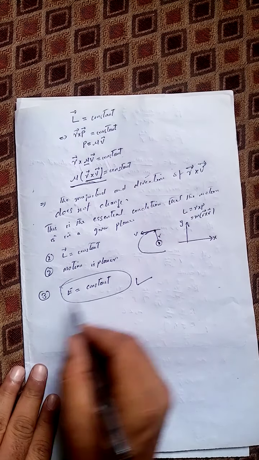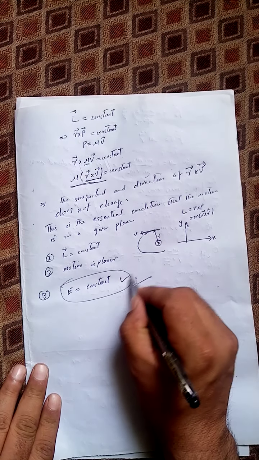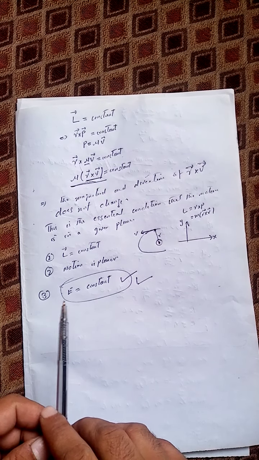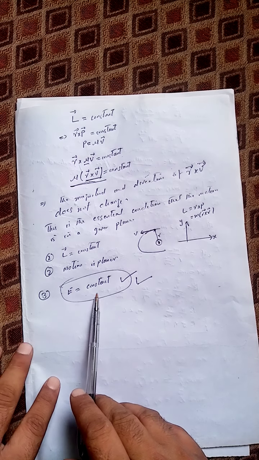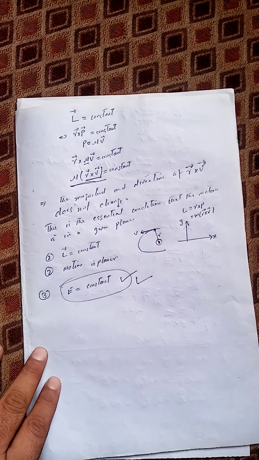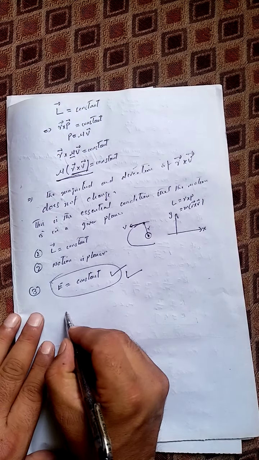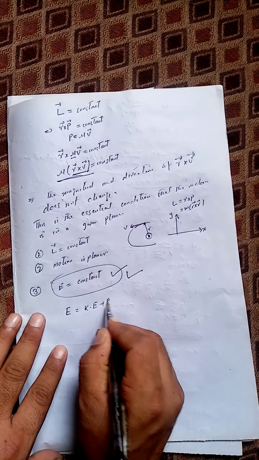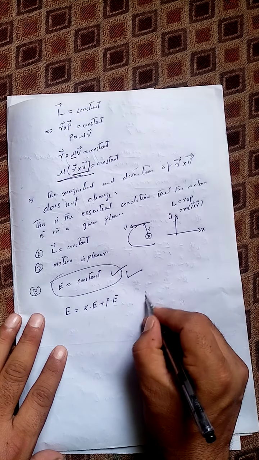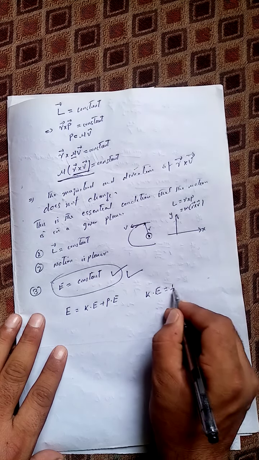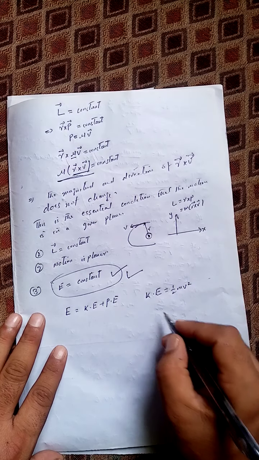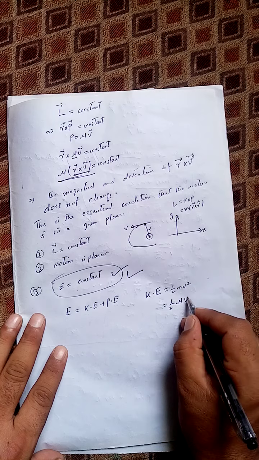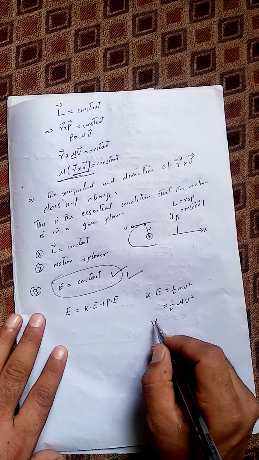Okay, in this video I will prove this property of the central force field, that the total energy of a particle moving in a central force field is conserved. We know that the total energy, which I represent by E, is the sum of kinetic energy plus potential energy. Kinetic energy we discussed before is equal to half mv square, but here we replace mass by the effective mass or reduced mass times velocity square, and we represent the potential energy